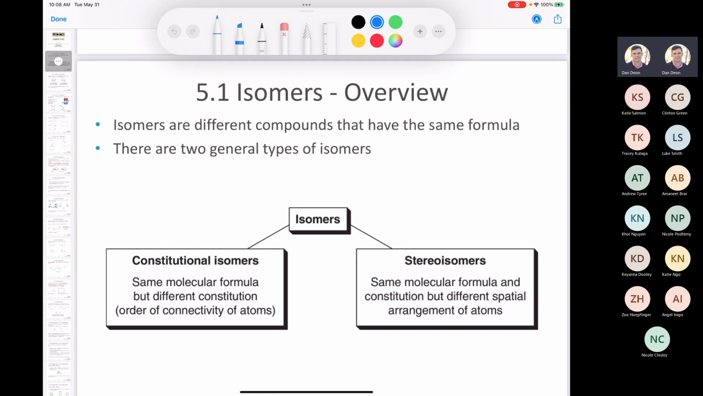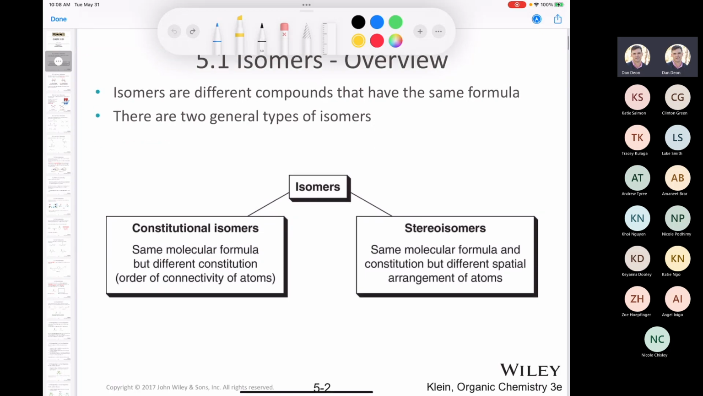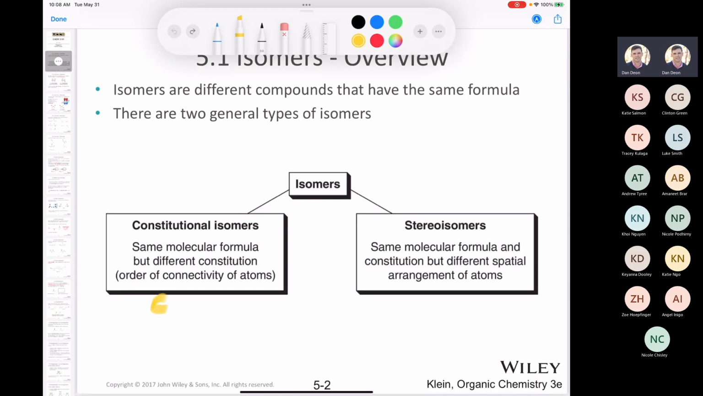The first one is constitutional isomers, and this is something that we've already looked at in the class. These are compounds that have the same molecular formula, but a different constitution, or a different connectivity of the atoms. The classic example that I always use for this is, let's say we had the formula C2H6O. Well, there's two different ways I could arrange those atoms. I could either make ethanol, which is